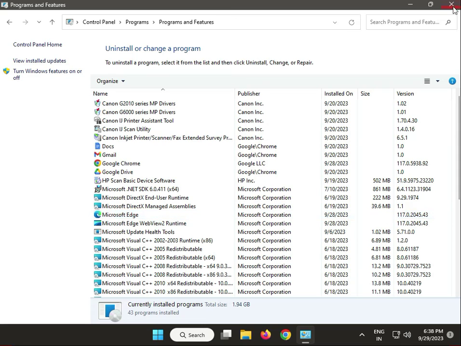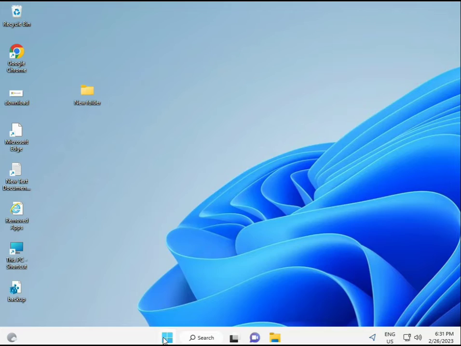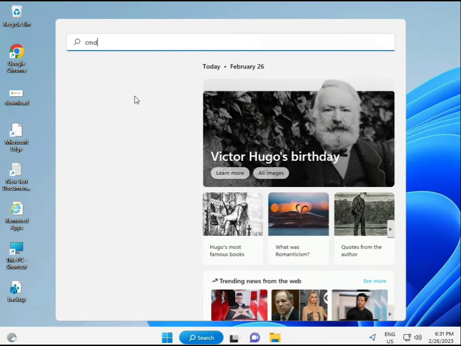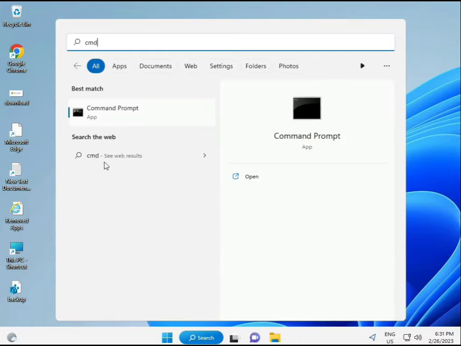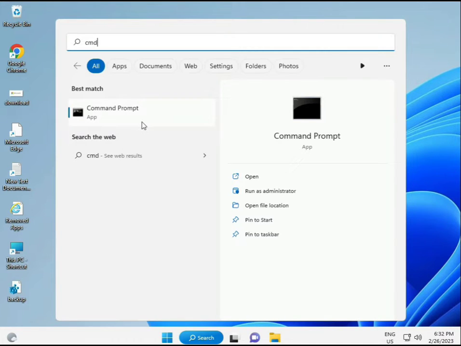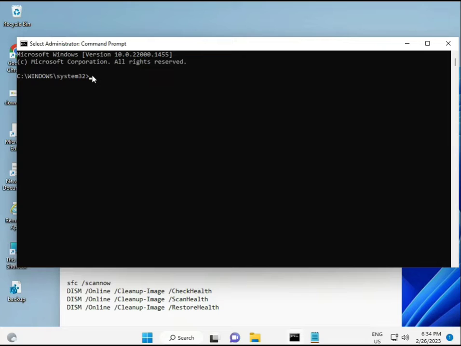And next and final step. Then guys, click the Start button and type cmd and then enter. You can try to run as administrator, right click and run as administrator, so you're giving full permissions. Okay,